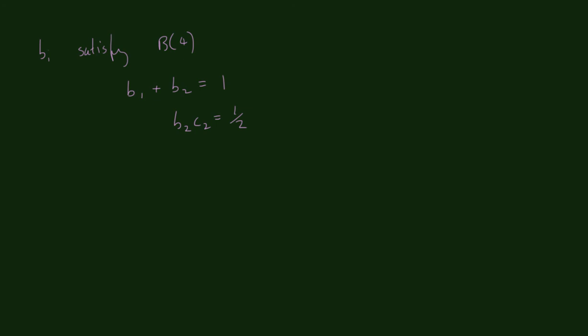Our A conditions, the A_ij, need to satisfy the row sum conditions. So A11 plus A12 is going to be equal to C1. Well, that's going to be 0, but just for completeness, I'll leave it in there. And our second row sum condition,